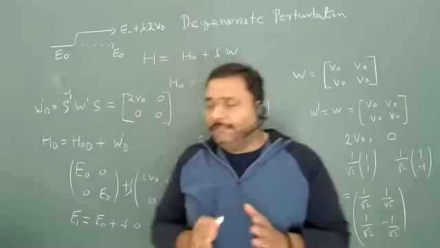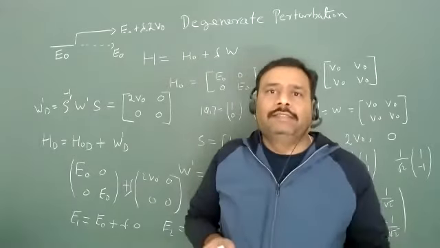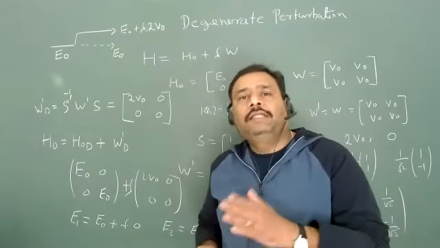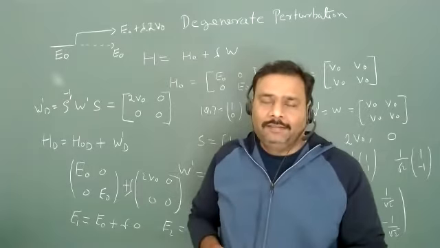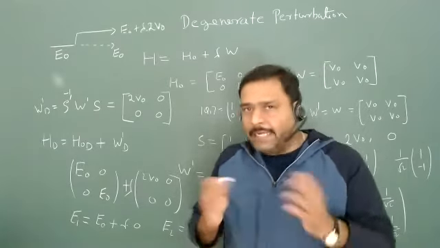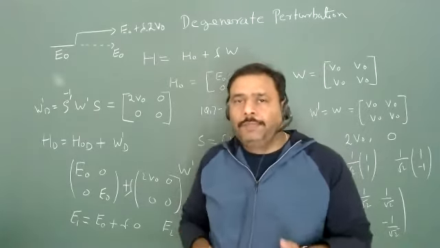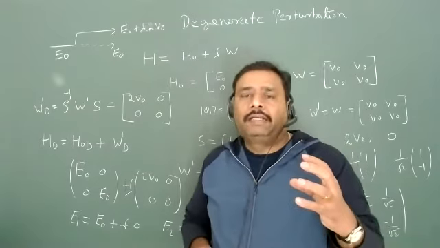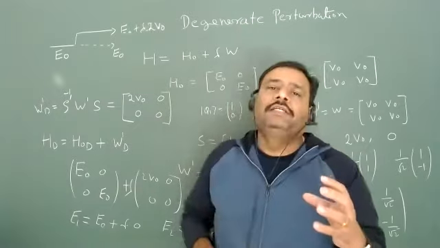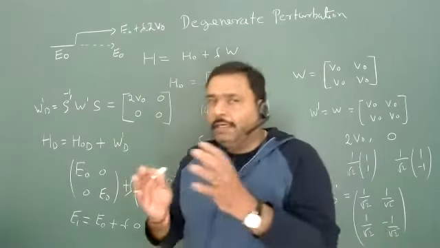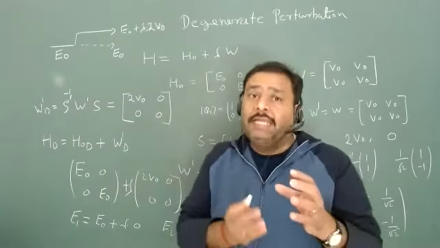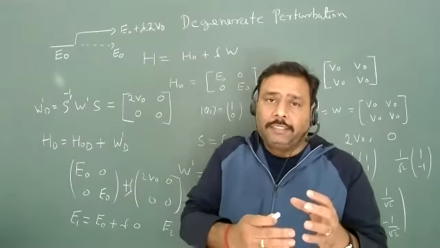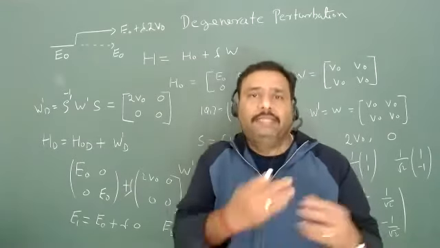Degenerate perturbation is a very important tool to break the degeneracy. And here you are breaking the degeneracy completely. Why am I saying that? Because you have a 2 cross 2 matrix, and after the degeneracy, you again have a 2 cross 2 matrix and you have double degeneracy. So information is hiding behind that.